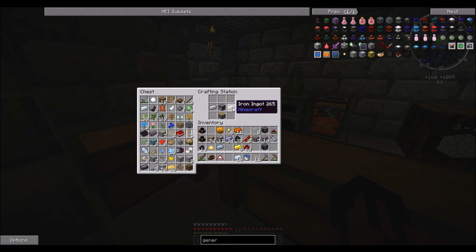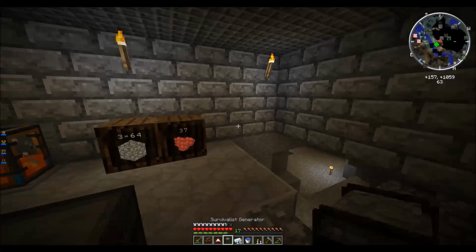furnace, iron, interesting, redstone and cobblestone. No, do I have the furnace and the piston? Yeah, okay. Had those two